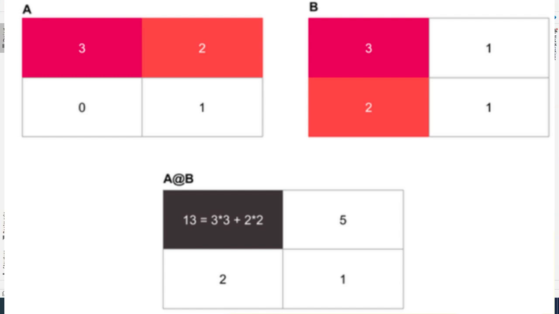And also we will multiply the second row of the first array by the first column of the second array, and we will add the result of the multiplication of the second row of the first array by the second column of the second array. This is the operation we will do in matrix multiplication.